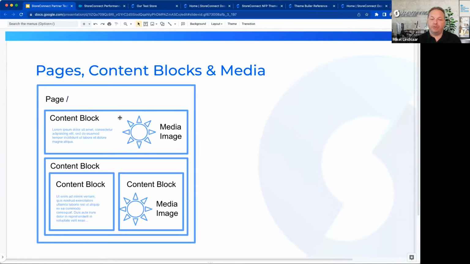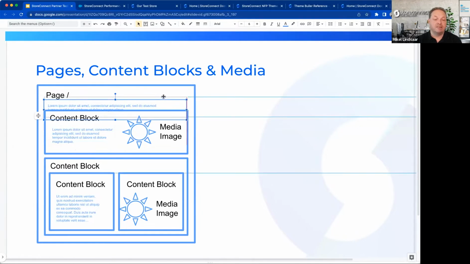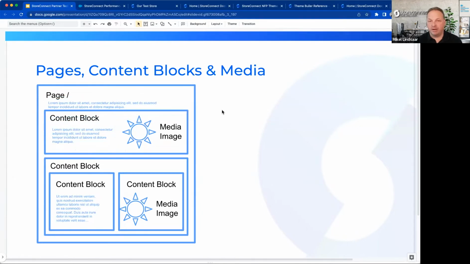Then within a page, you have content blocks. You also have the page content. So you can do something like put some content just up in here, which is just plain text. If I do something like this, you could put this content up the top and have that page content there like this, if you wanted, and then have that very long. And that wouldn't have to be a content block. That could just be some text, although you very rarely do anything like that because your styling options are quite limited. So what you do want to do is create these content blocks, and a content block